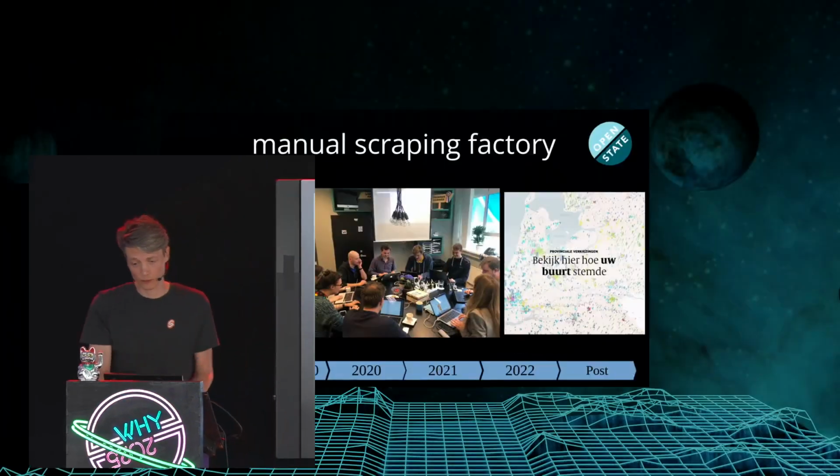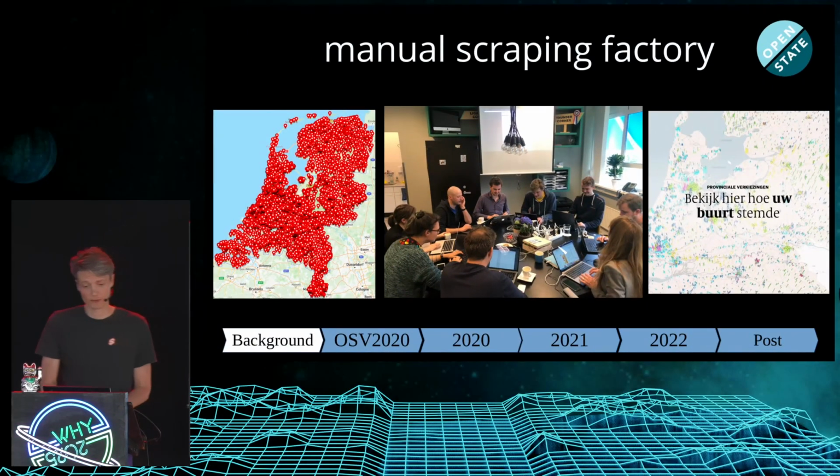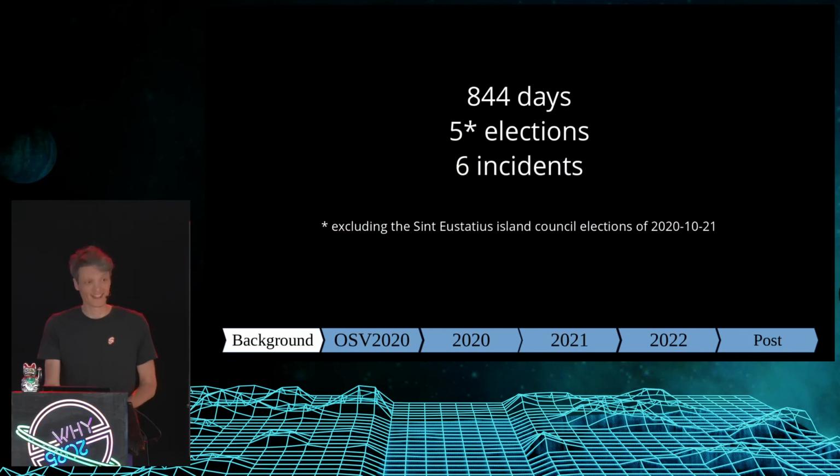So then I worked at Open State, and we were so annoyed by all this data coming out that late that we started scraping ourselves, and we started to publish before the Election Council was doing their stuff. And Open State still scrapes every polling station and publishes that, so that's really nice. So yeah,